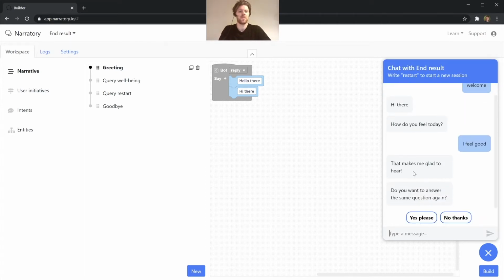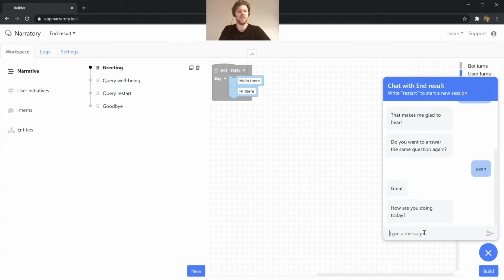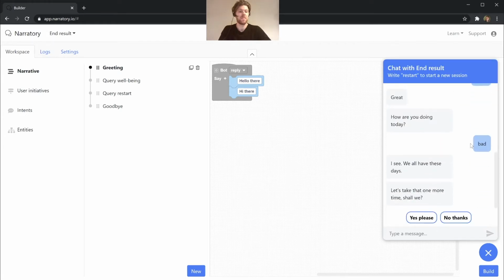In which case the bot will say, that makes me glad, and the bot is then going to ask a question, do you want to answer that again? Just to show you that you can go back and reuse previous parts of your dialogue. We will also show here two buttons, allowing the user to click one of them or, of course, write instead. If we say bad here instead, we will have a different answer, and again we will ask the